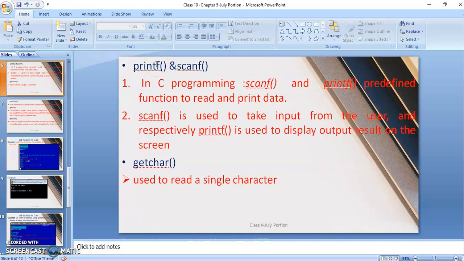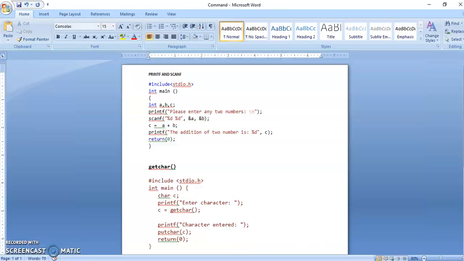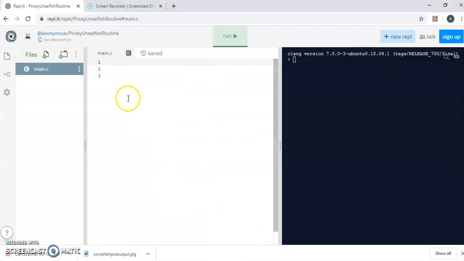Then we will see scanf. Once I explain printf and scanf, I will explain format specifications and escape sequences, so it will be easier for you to understand. Clear? Scanf is for reading data from the keyboard and storing it in memory. I'll show you a small example which I already typed in a Word document and kept ready for running in the compiler. Here is our compiler.